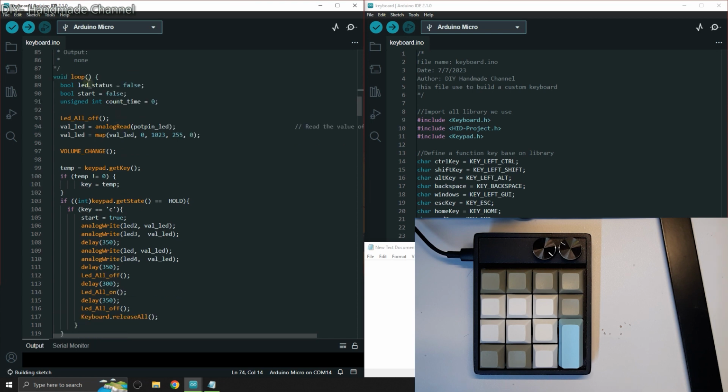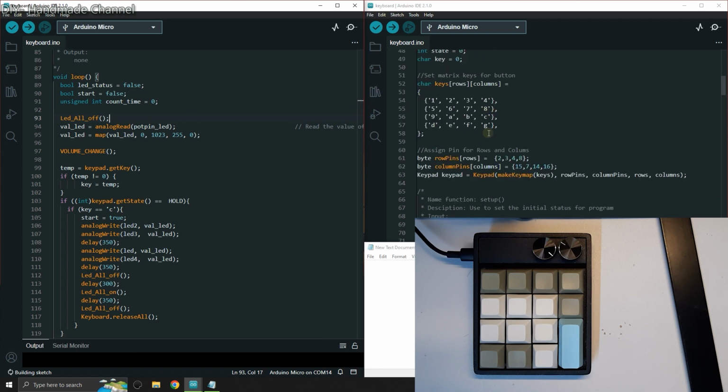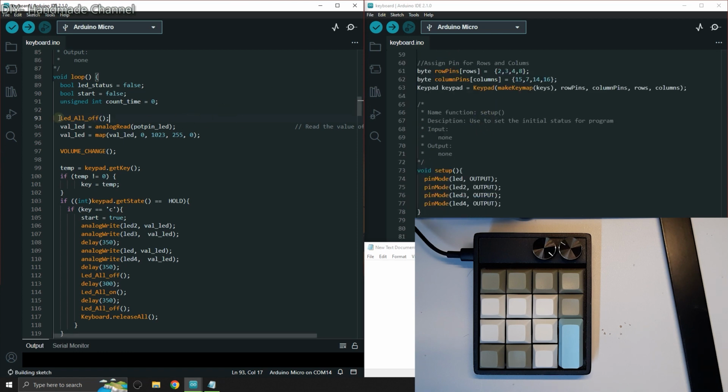Here is our main function. The first time when we plug the wire into the cable, the outlet will light up, and we can only adjust the volume value. We cannot push any button because it won't respond to anything. You can see it in my code.